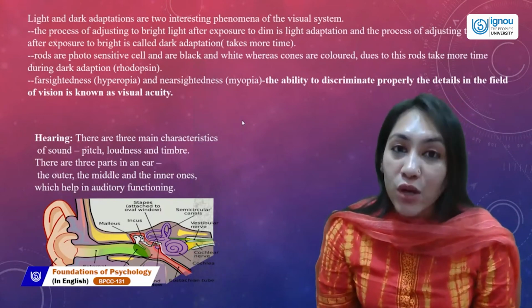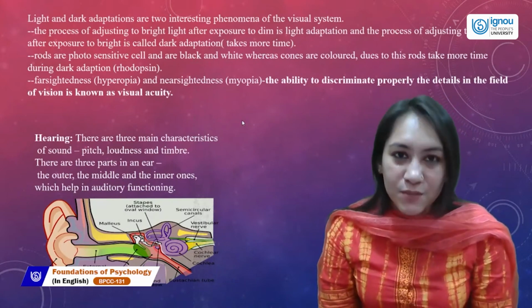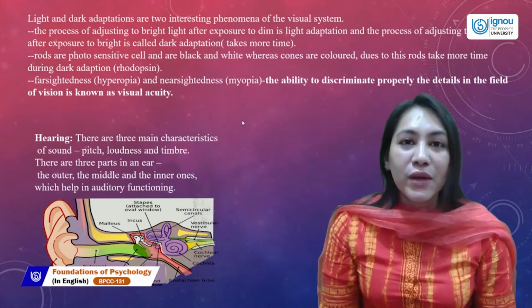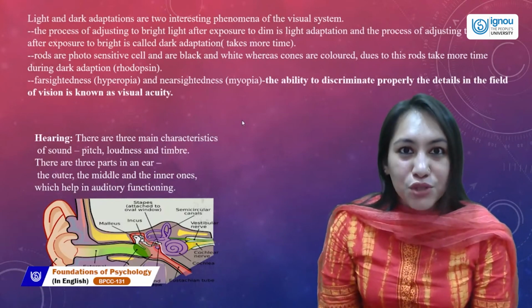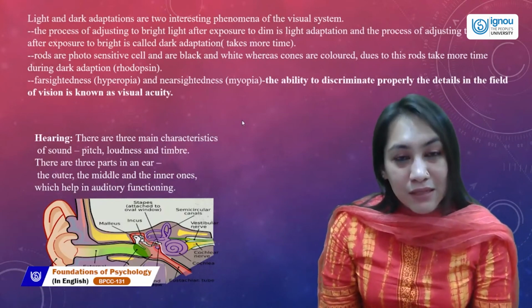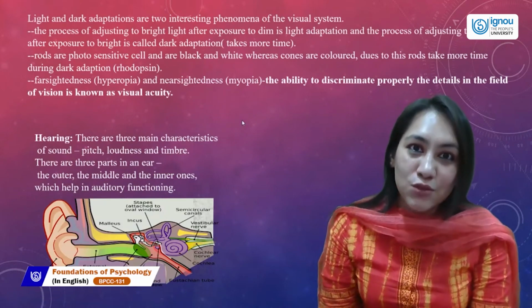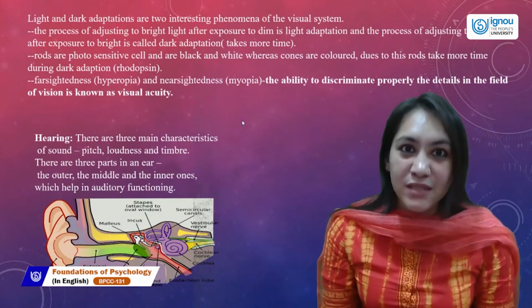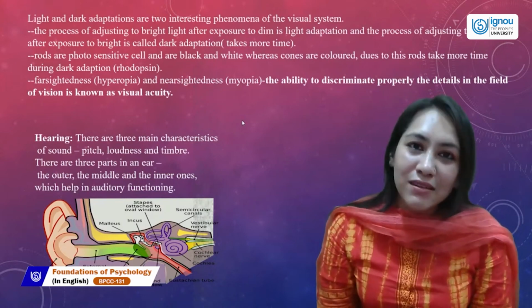So what does the inner ear do? It takes the information directly to the brain to make sense of what is being said. So remember, when I'm speaking right now, the words go to your external ear. The external ear takes those words to your tunnel. The tunnel canal takes it to the middle ear. The middle ear vibrates it 10 times, and then it moves to the internal ear, taking it